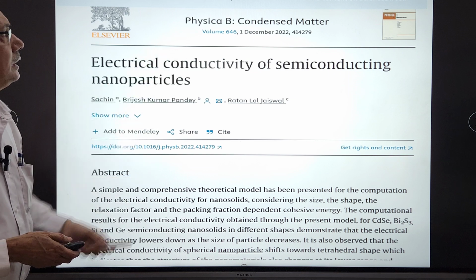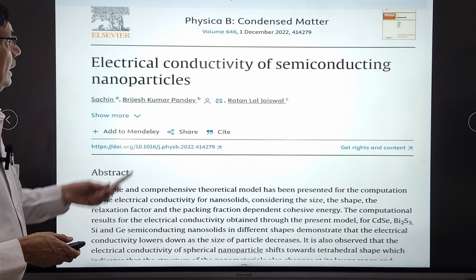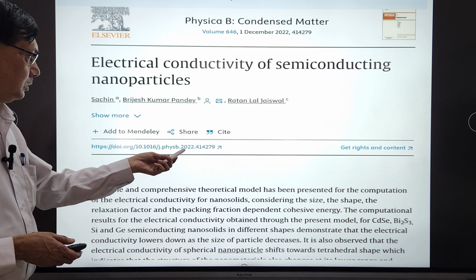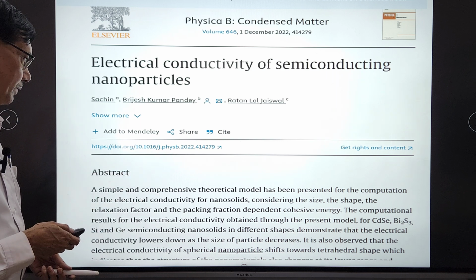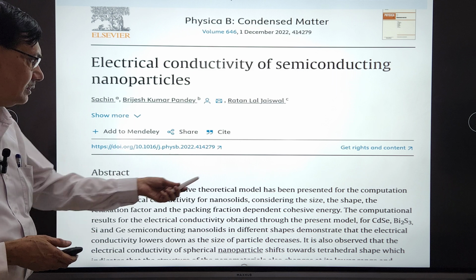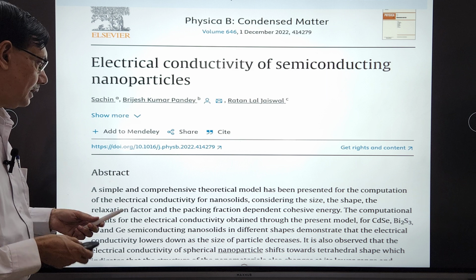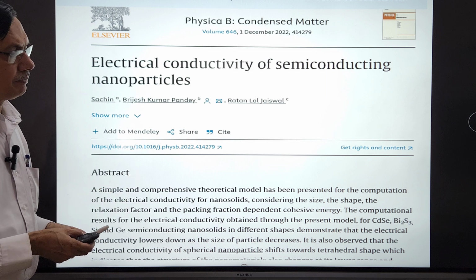So it is published in Physica B Condensed Matter, and you can also refer to this paper. It is not a very old paper, 2022. So a simple and comprehensive theoretical model has been presented for the computation of the electrical conductivity for nanosolids,